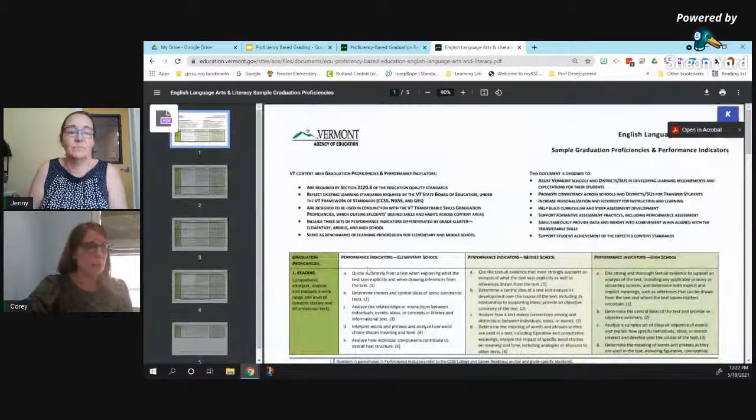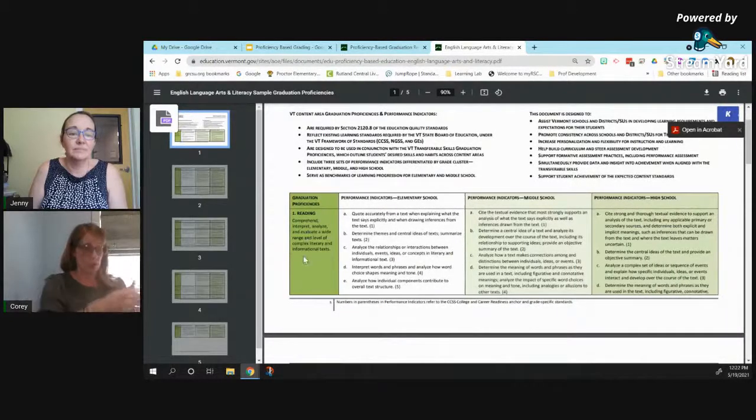But it looks like this. It's a table where they've given you the overall proficiency. So if you look at reading, they break it down by the elementary level, which goes through 5th grade. So by the end of 5th grade, this is what kiddos need to be able to do. And if you compare this to the Common Core, this is 5th grade language. This is what's in Jump Rope for some of our standards. So this is where those grading scales come into play: you need to know, okay, quoting accurately from a text, what does that mean at my grade level? It's just kind of where the system is right now.